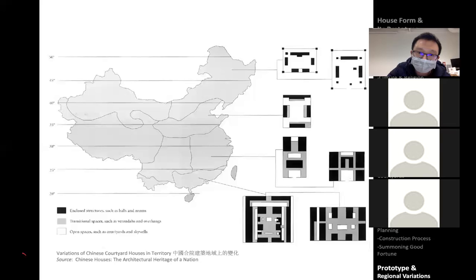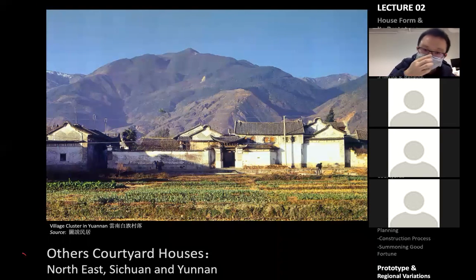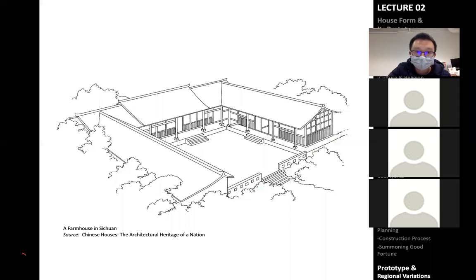But our interest, we also encourage you to have even in your final projects, or you can do extra studies of other courtyard houses, such as in Yunnan, in Sichuan. The material similar, but with slightly or interesting differences, and the arrangement of courtyard is different. So you can use our knowledge from our lectures to extend it to search and explore different types of courtyard houses